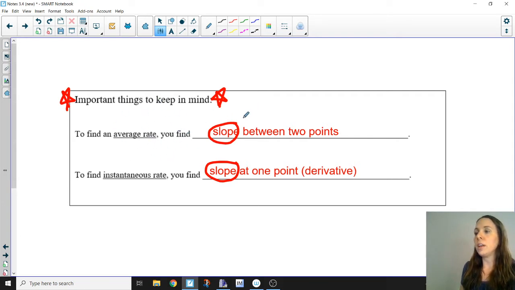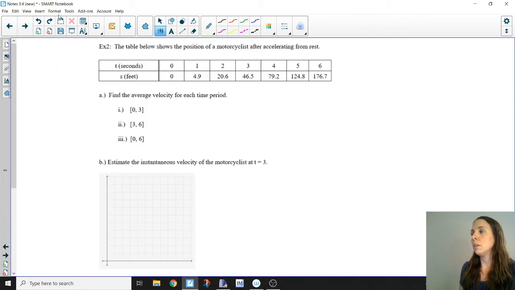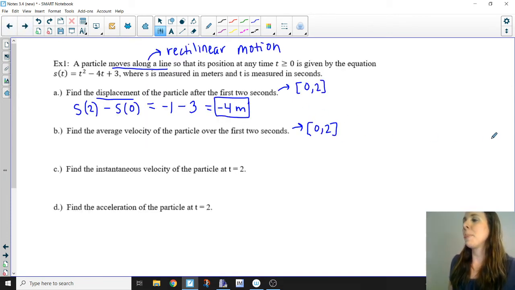Okay, to find an average rate, you find the slope between 2 points. Nice and easy. Find the slope between the 2 points. That's what we're asked to find here with average velocity. Okay, and so let's just write it out first. We're going to find the slope between,